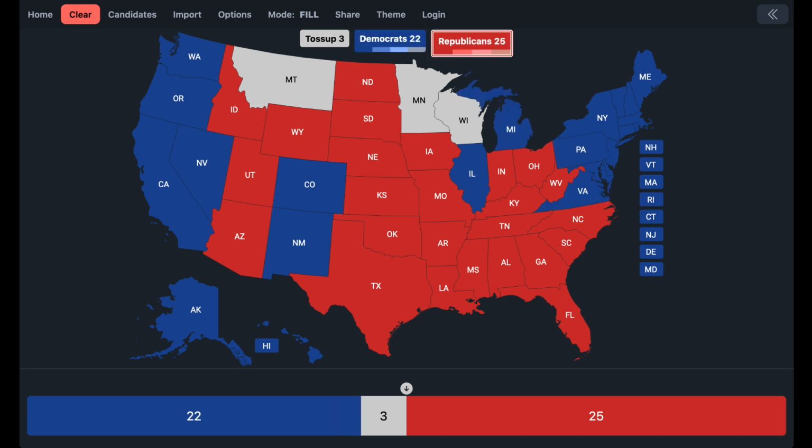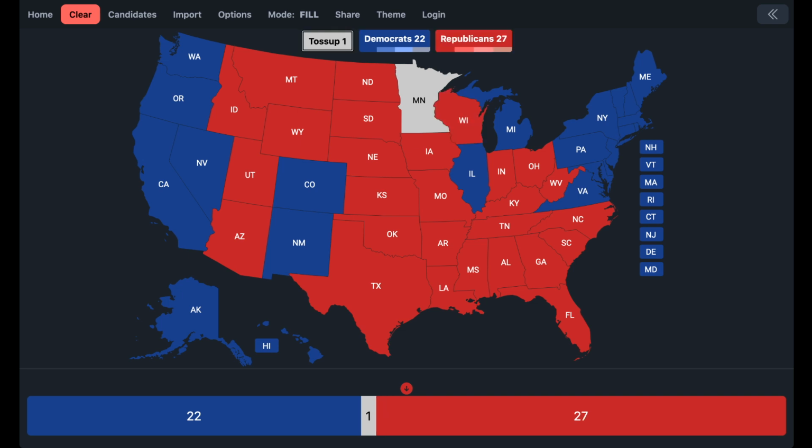And I think we're good. And Wisconsin. So currently it's 22 to 1 to 27. So Democrats, if it goes to an electoral college tie, they're probably going to lose it just based off this map. There's potential flips for the Democrats, though, that maybe they could make it so they get that tiebreaker overruled.